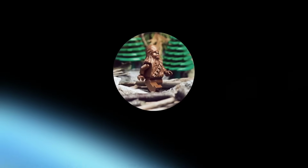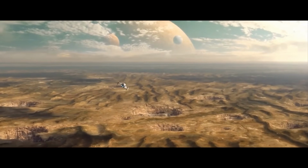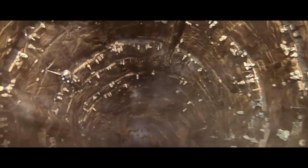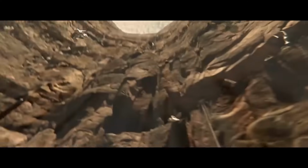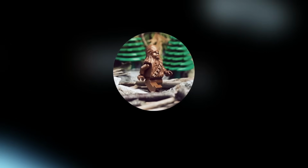Today I'm going to be ranking every LEGO Star Wars set that's based off of the planet Utapau. You guys have really been enjoying this sort of planet series I've been doing, where I take a Star Wars planet and pick all the best LEGO sets based off of that planet. And as you guys know, I usually do a top 10, but today I'm ranking every Utapau set because there's